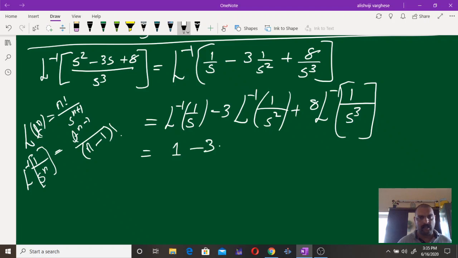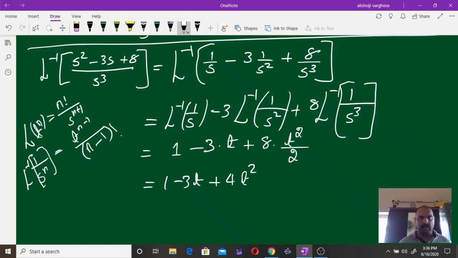Then minus 3 times L inverse of 1 by s square, which is t, since the Laplace transform of t is 1 factorial divided by s raised to 2. Then plus 8 times L inverse of 1 by s cube. Here n is equal to 3, so t raised to 2 divided by 2 factorial. Here we have 1 factorial and here we have 0 factorial, both are 1. So this is equal to 1 minus 3t plus